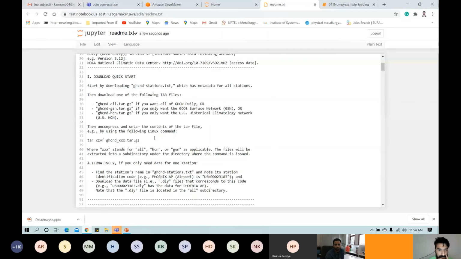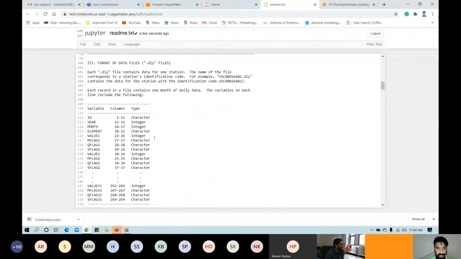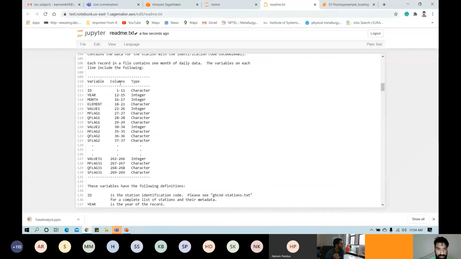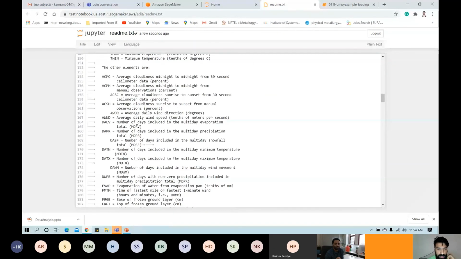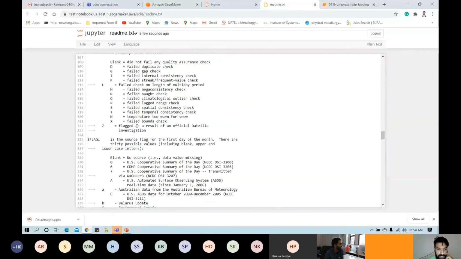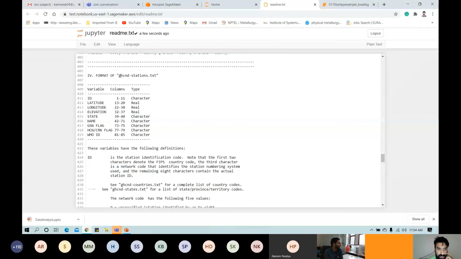For example, it will say different things about what data set it is, what the variables and types are, and all that is written inside. And I have used only this stations text, where it has information about one station like ID, at which latitude and longitude it is, what its elevation is, in which state it is situated, its name, and what its operations are like HCN or CRN, and all those things. Which I am actually not that interested in,